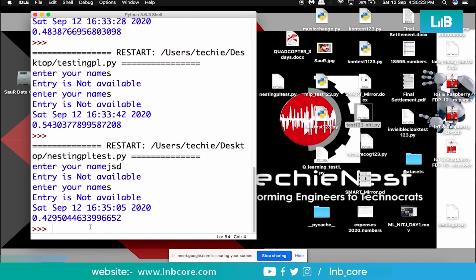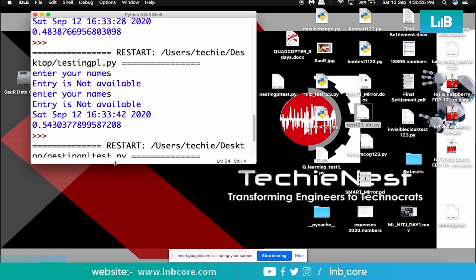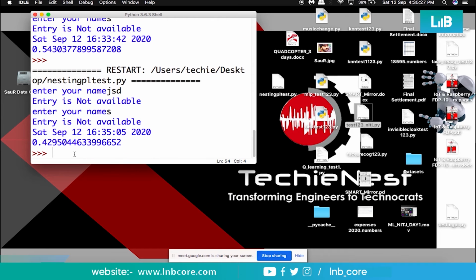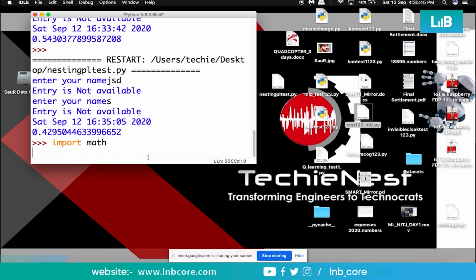So how to use a library? It is because of the keyword, and that keyword was import. So let me tell you how to import a library with different methods. One way of importing any library, either predefined or user defined, could be import. Suppose I am talking about math. This is your predefined library. Import math. So math has a couple of functions. How to check how many functions are available in math, right?